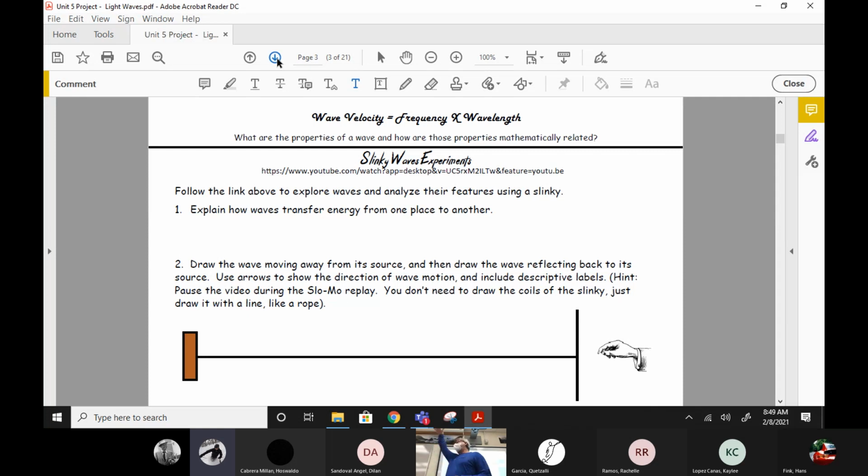I set up a camera in my garage looking down on the ground. And then I took the Slinky and I made waves on the Slinky, just like we did in class the other day, right? Yeah? So we could see the wave going through there. But I did it on the ground, and I did it on top of a long sheet of paper that had measurements marked on it, so that we can measure the wavelength, so we can measure the amplitude of this